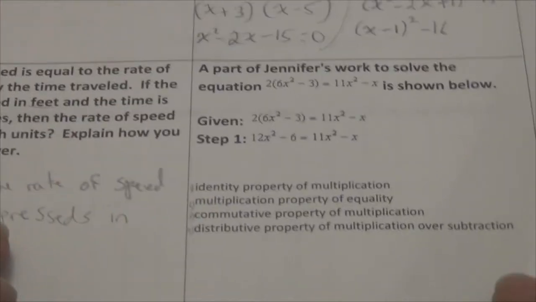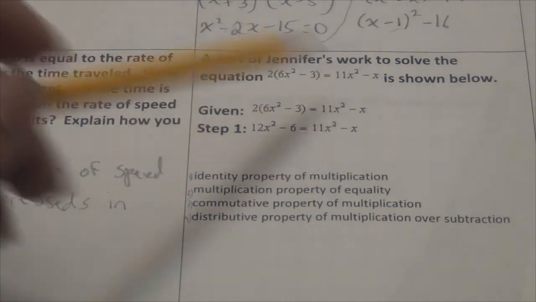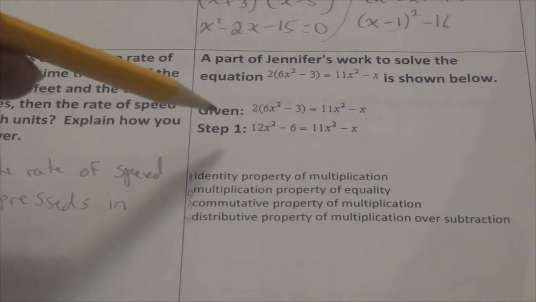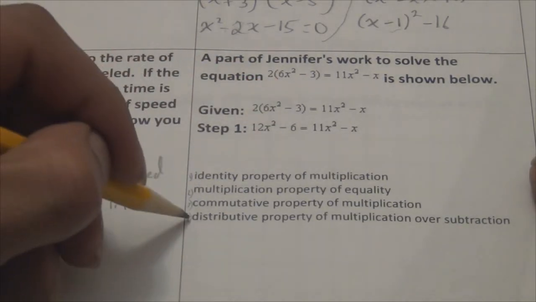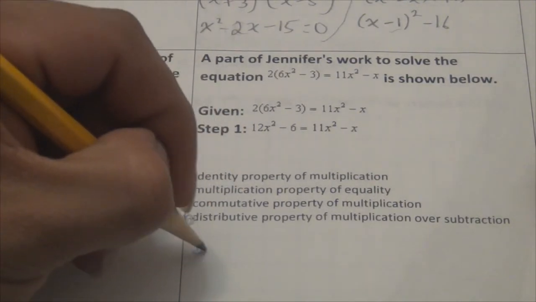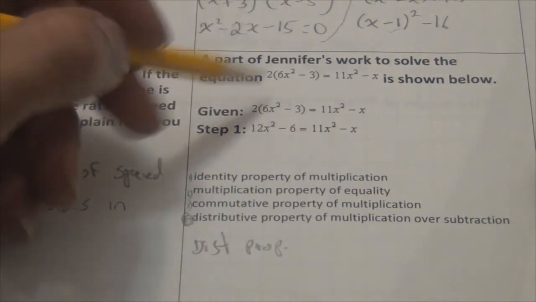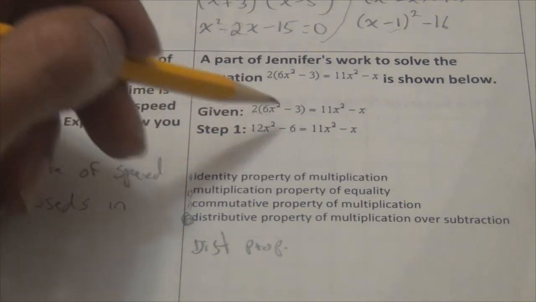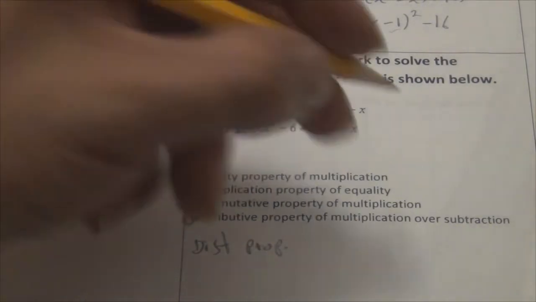Part of Jennifer's work to solve the equation was shown. Question: which property justifies the first step? And it is the distributive property. Because look, 2 times 6x squared is 12x squared. 2 times -3 is -6. You see, the distributive property was used in here. So distributive property, because